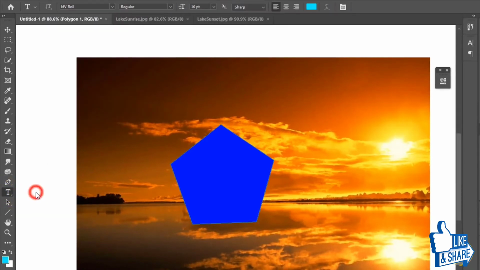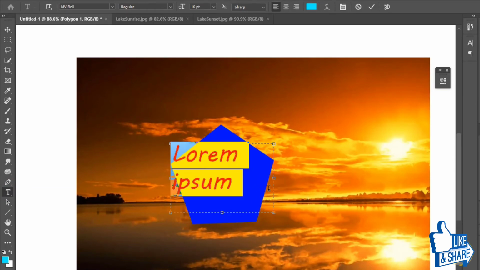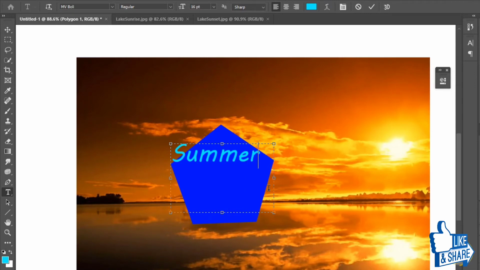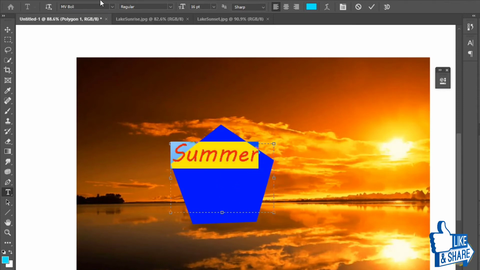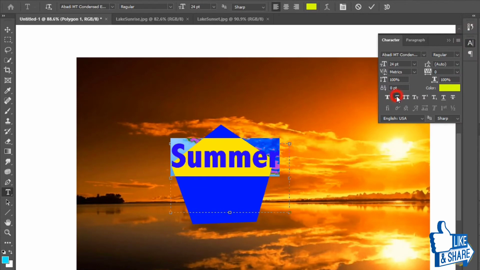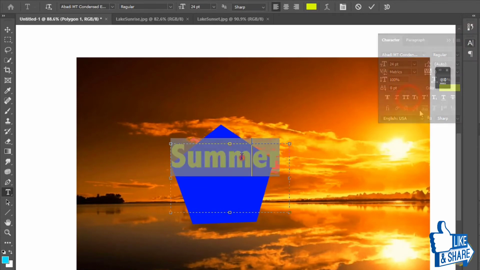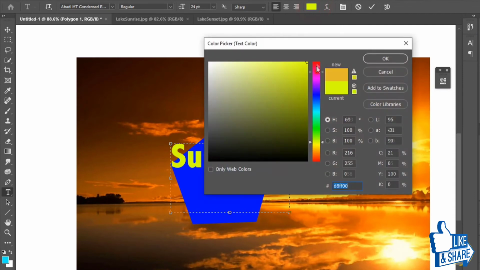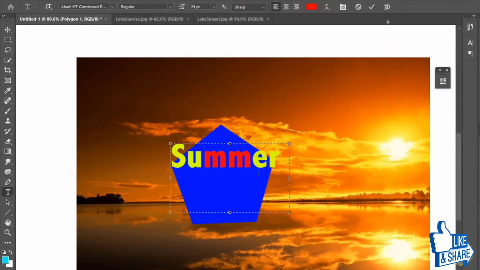Whereas, enable the Horizontal and the Vertical type tools to drop text spreading horizontally or vertically. Click and drag to define a text box, which delimits where text can spread. Then type inside, adjusting the text properties, size, and color from either the Options bar above or the Character window for the complete list of text properties. Make sure to select text in order to make these changes effective, and use Cancel or Commit above to undo